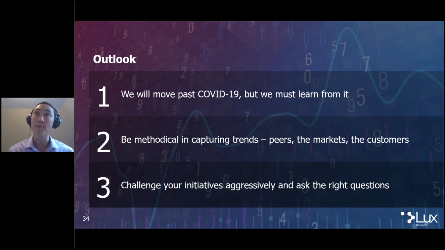And the last thing is, as you process all this data, and you should be pointed about taking a step back and doing that, challenge your initiatives. Challenge the beliefs that organizations tend to hold, where they believe certain things about an industry, certain things about a technology. We often hear that something that got killed 5-10 years ago now makes sense. So you need to think about things that are in the past, and you have to think about what you're doing now. Challenge yourselves aggressively. Ask those questions. And there's really no better time to do that than at the end of the year.